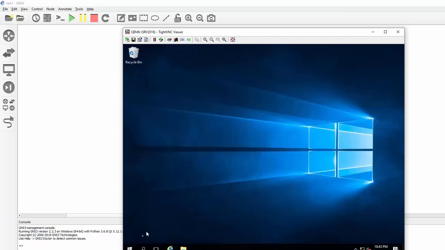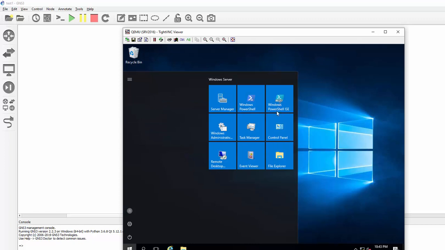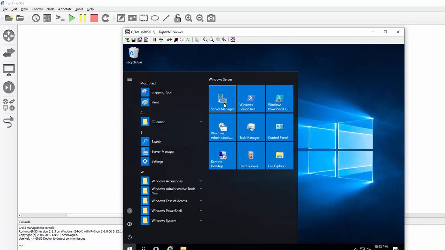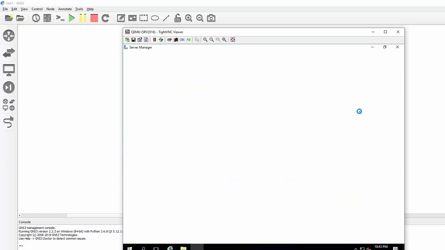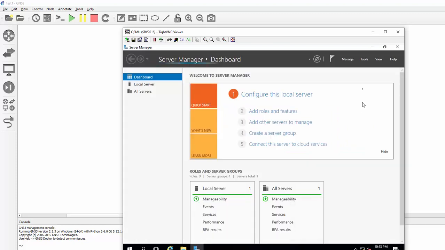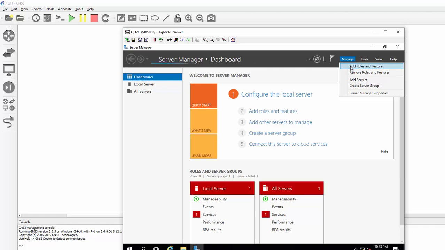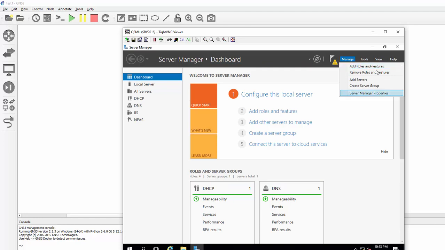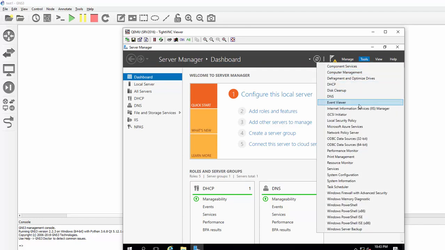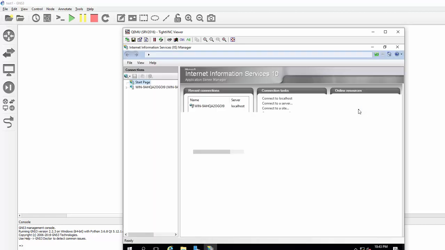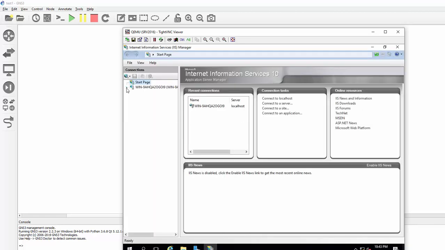So now I'm selecting the start button again. We're going into Server Manager. Okay, you're going to need to have had IIS, Internet Information Services, installed. If you haven't, it's from this menu, Manage, Add Roles and Features. You install IIS, and then on the next page after that you're going to select FTP. I've already installed it, so I'm selecting here Tools, Internet Information Services Manager. Here on the left, click this arrow,